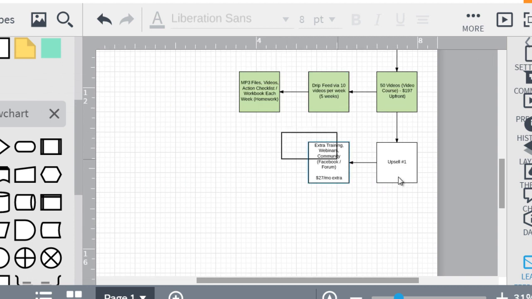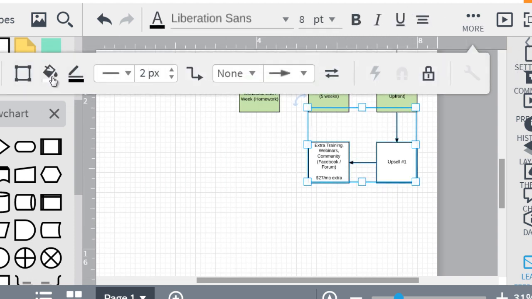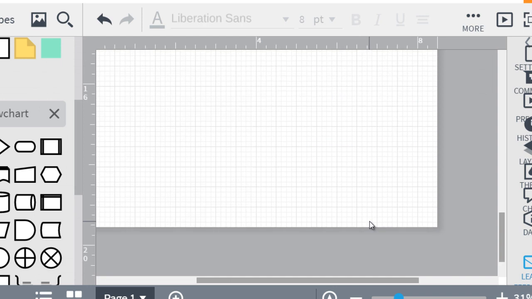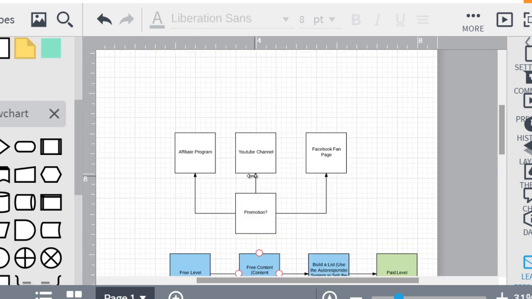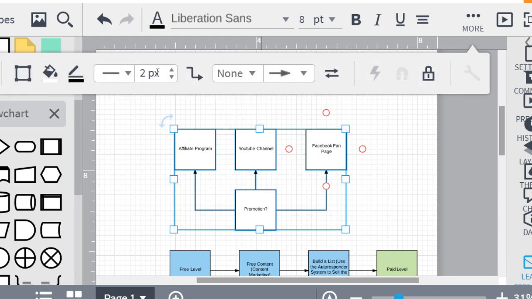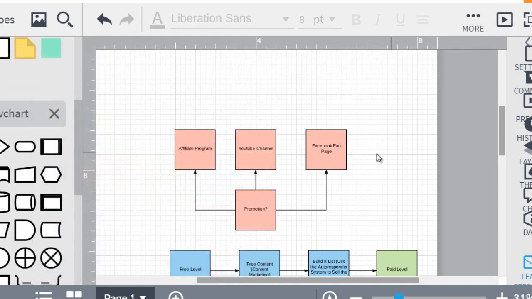And then we could change the upsell into a different color, like a light orange. So all this does is it allows us to color code things so that we can kind of categorize things in our brain. Maybe pink, something like that.